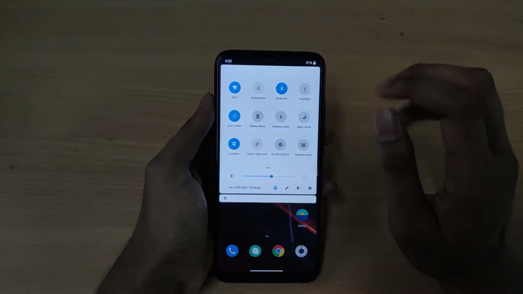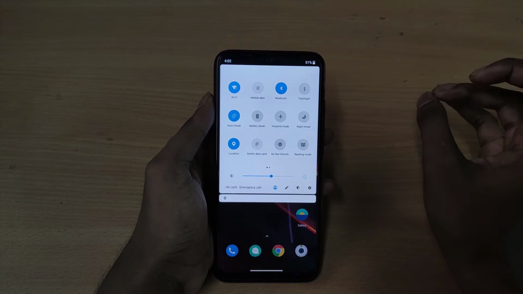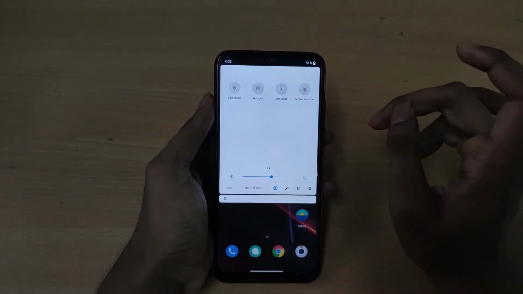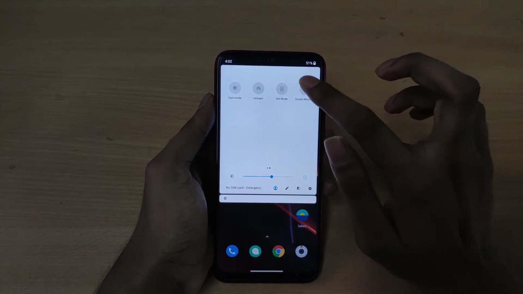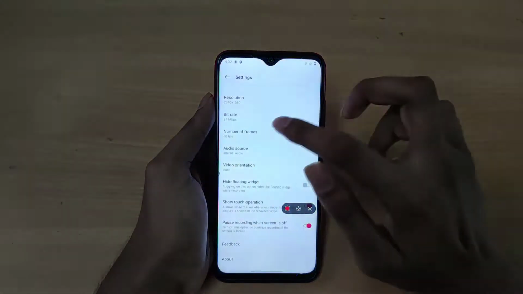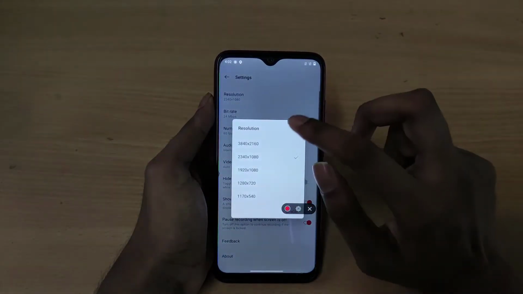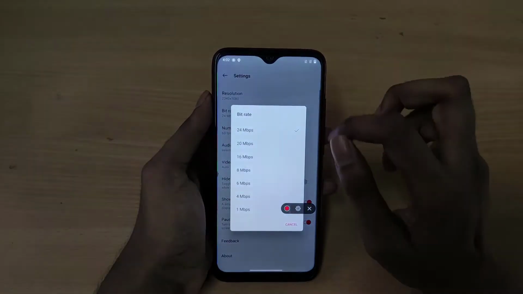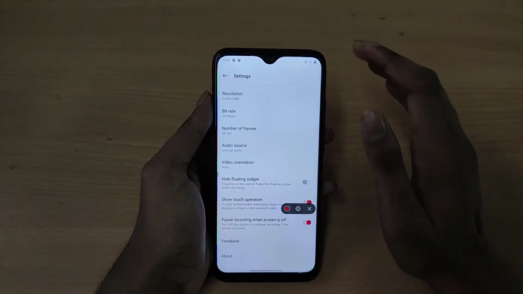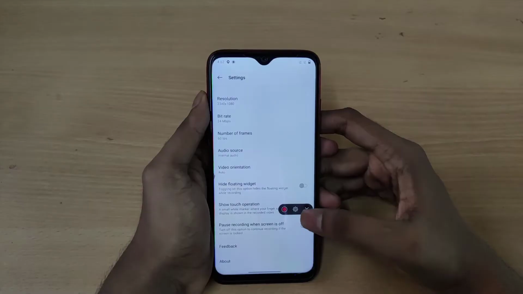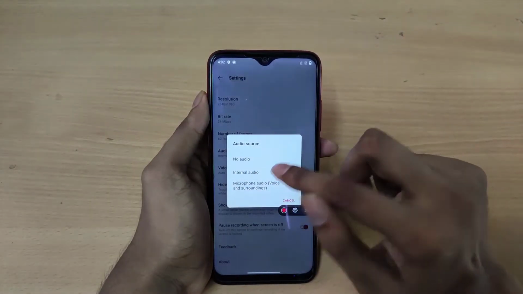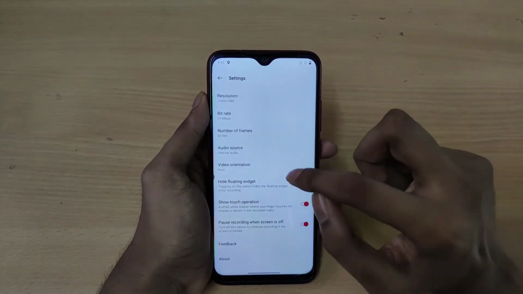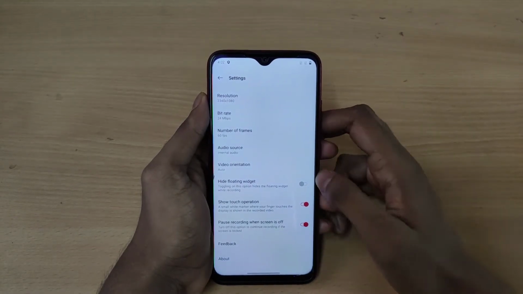On the notification panel here you will get basic options like Wi-Fi, Bluetooth, night light, battery saver, and also dark mode, Zen mode, and the screen recorder. So let's check out the screen recorder, and as you can see it's a basic screen recorder. You can record up to 4K resolution, which is really cool. You will also get the option for 24 Mbps bitrate. You can also select the source between the internal audio and the microphone. You will also be able to hide the floating window you get on the screen recorder.